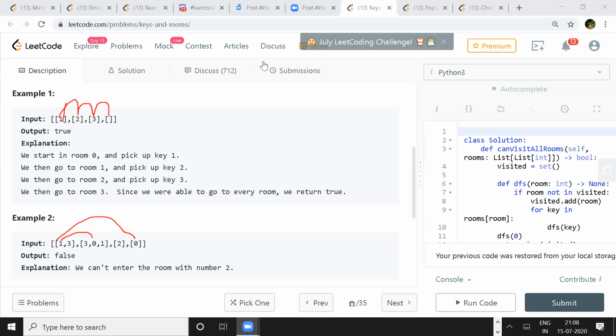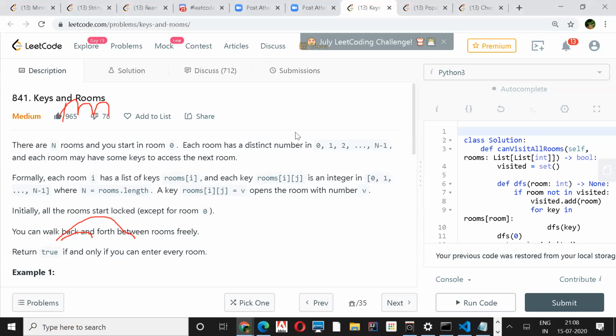The only thing I see here is, this is a random array, right? I'm just thinking, how about we keep track of how many rooms are open and for how many rooms we have got keys.